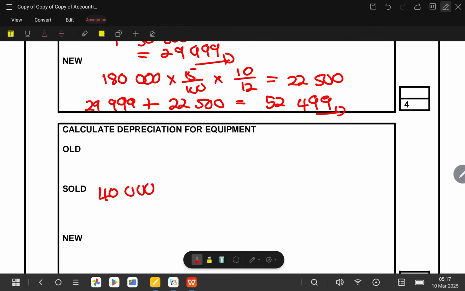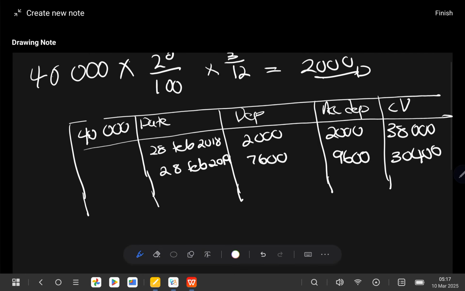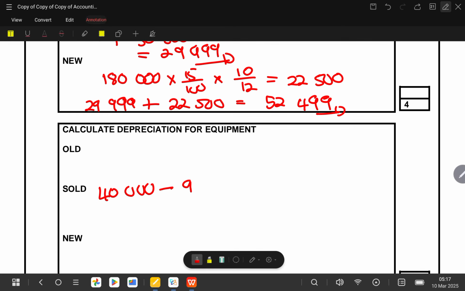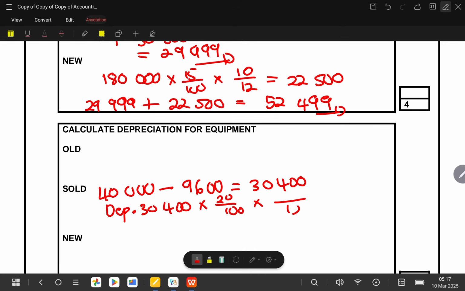40,000 minus that. We say 40,000 minus, remember we are coming here, 40,000 minus 9.6, which will give you 30,400. So you calculate your depreciation on 30,400. So you say your depreciation is equal to 30,400 multiplied by 20 over 100, and then you say multiply by, remember we need to check for the current